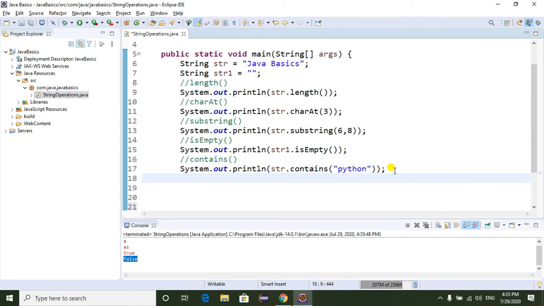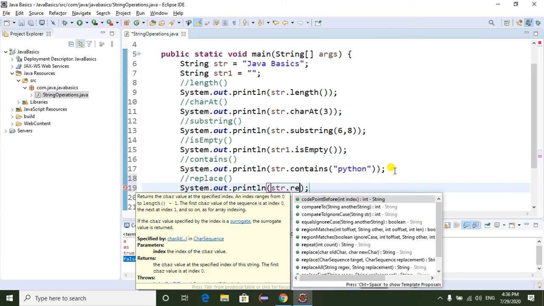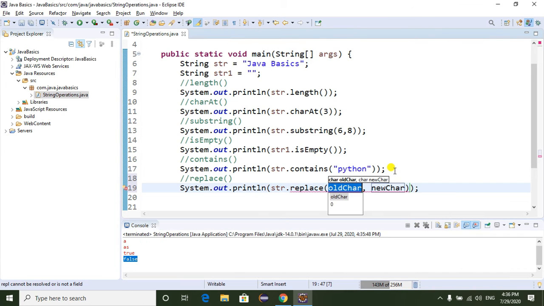And the next method is the replace method. System.out.println str dot replace. So here I am giving the first one as Java.